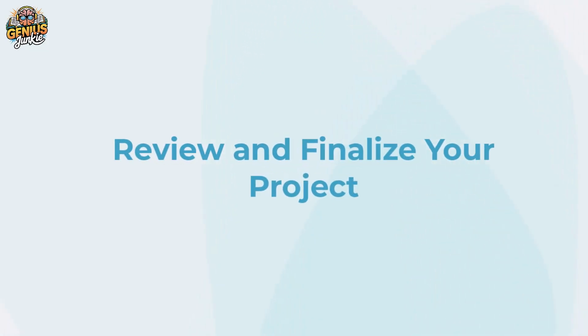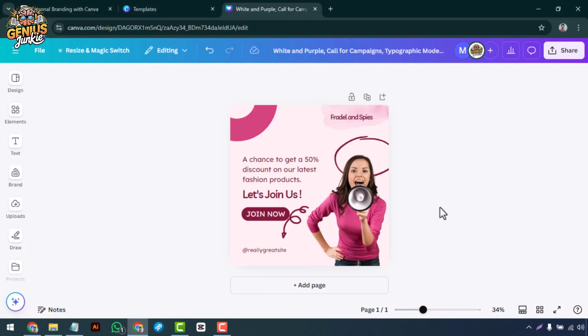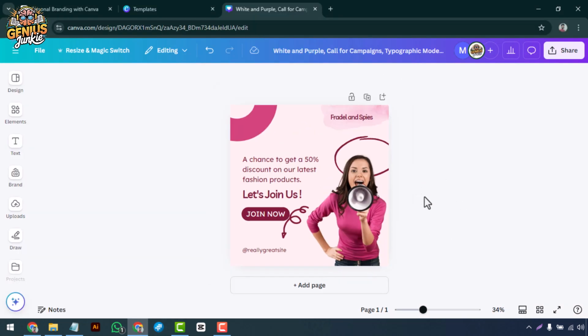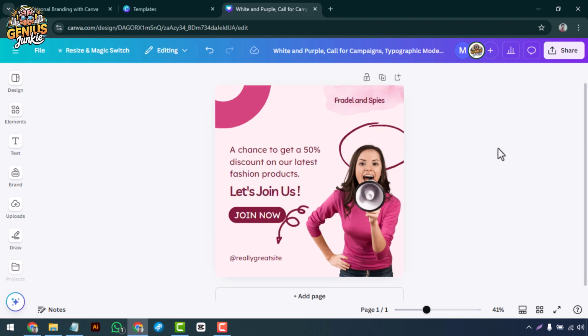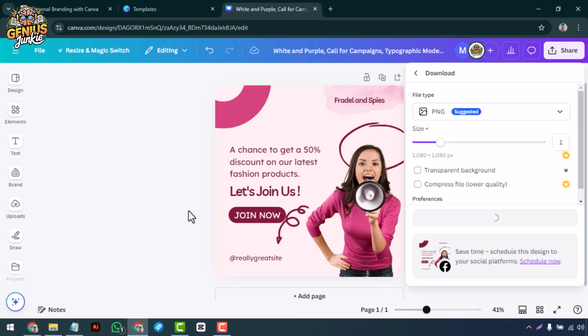Review and finalize your project. Once everyone has contributed, it's time to review and finalize the project. Go through the design, check the comments, and make any necessary changes. When you're happy with the final version, you can download the design, share it with others, or present it directly